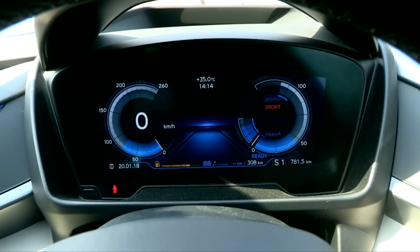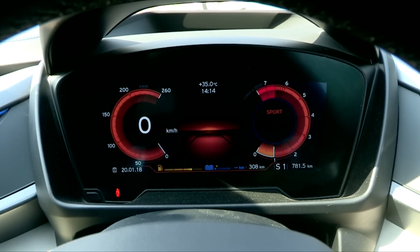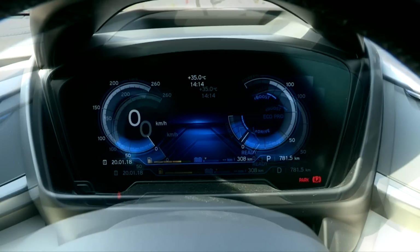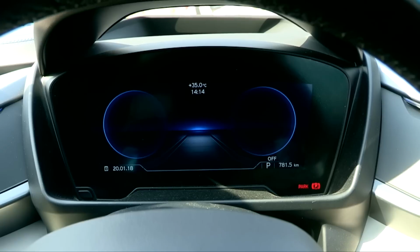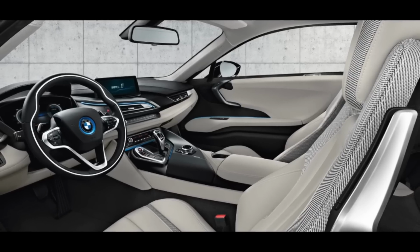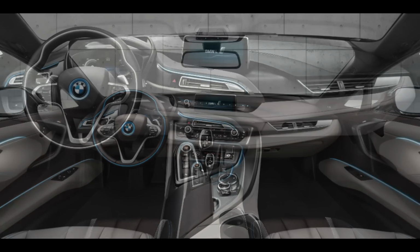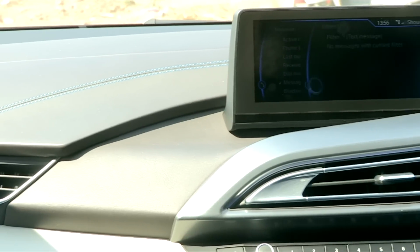The instrument cluster is fully digital and changes the digital dial's graphics and color themes as you alter drive modes. This virtual cockpit-like screen is again a high-resolution one and looks quite striking, particularly once you fire up the car in darkness. The ambient lighting has 3 colors: blue, orange, and white. And while we could not show it very well during the day, we can vouch for how gorgeous the cabin looks at night. Overall interior quality is also quite good,